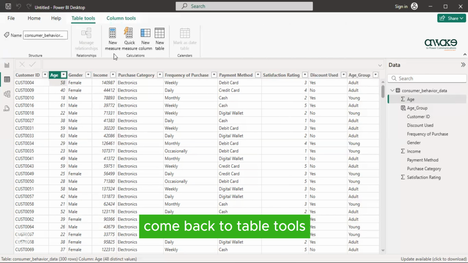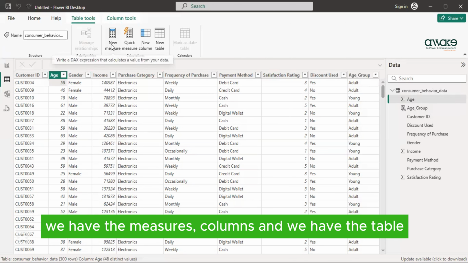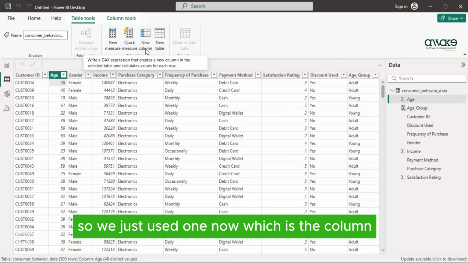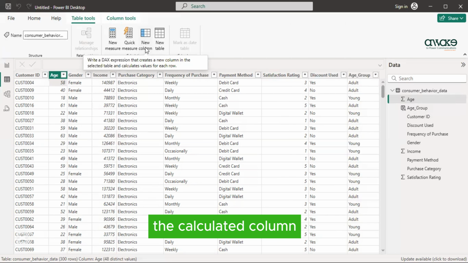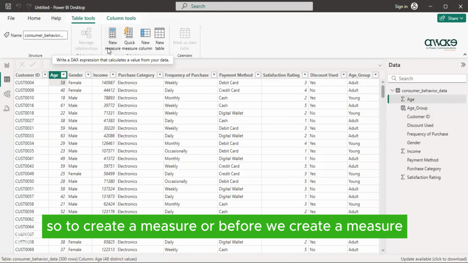Come back to table tools and you can see that we actually do have three core tools. We have the measures, columns, and we have the table. So we just used one now, which is the column, the calculated column. So let's use the second one. And the second one is the measure. So before we create a measure,